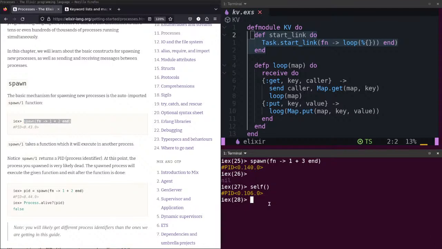I check Process.alive? on the PID equal to spawn.